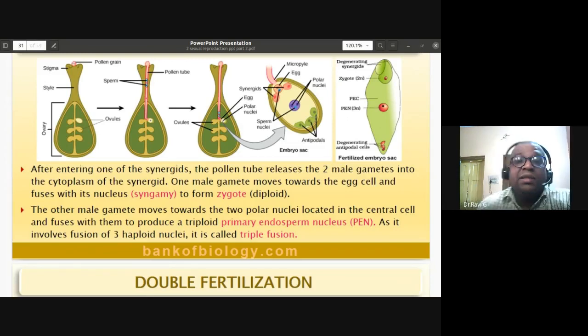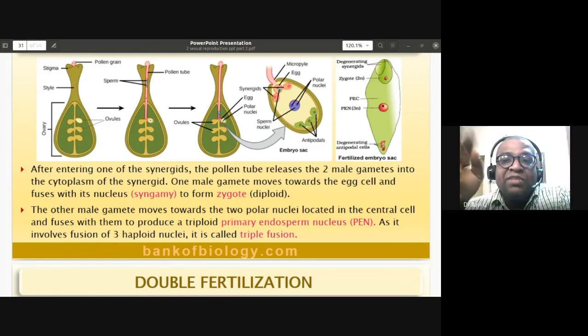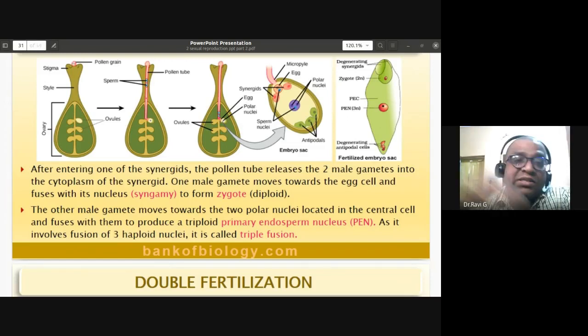By the growth of the pollen tube, it enters the style, ovary, and then the ovule. The path of entry of the pollen tube into the ovule: if it is through the micropyle, we call it porogamy. If the pollen tube enters through the chalazal end, we call it chalazogamy. If the pollen tube enters through the integuments and then reaches the micropyle, we call it mesogamy. So there is porogamy, mesogamy, and chalazogamy. Directly through the micropyle is porogamy, through the chalazal region is chalazogamy, and through the integuments and then the micropyle is mesogamy.